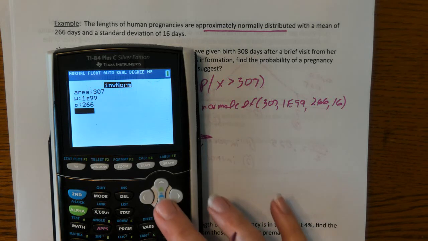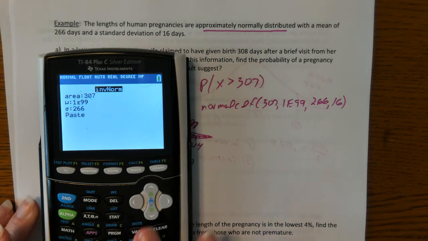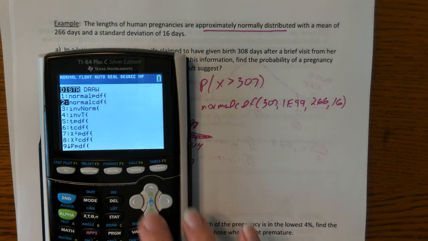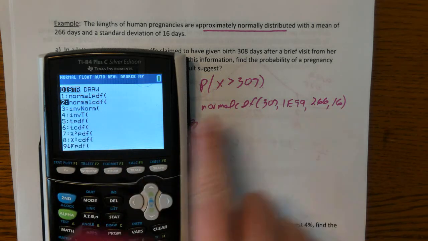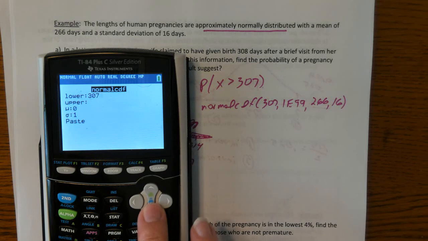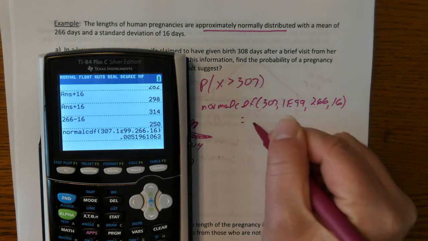Oops, sorry. I hit inverse norm instead of normal CDF. That was a problem, wasn't it? Let's try that again. Normal CDF, not inverse norm. I wrote the right thing, but I hit the wrong button. So normal CDF, our lower bound is 307. Our upper bound is 1E99. 266 for the mean, 16 for the standard deviation. And we get